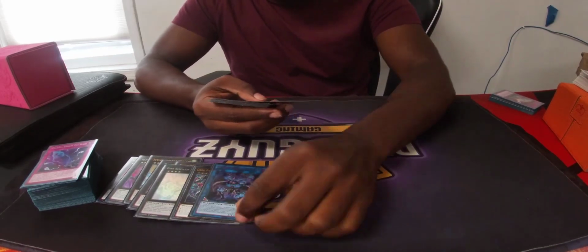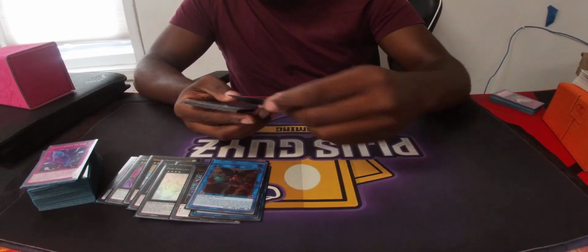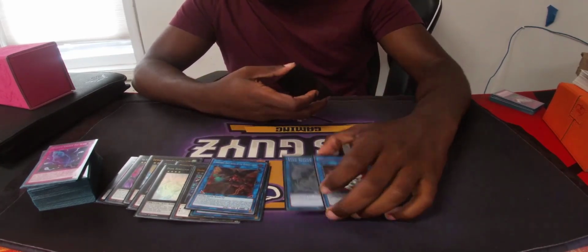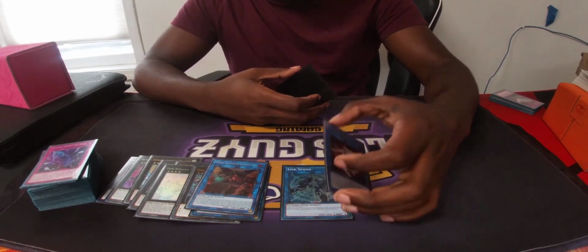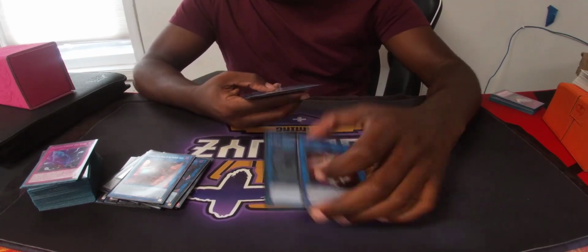Rusty, Cherubini, Link Spider, and Amirage went out Brick, which didn't happen too often. It honestly only happened my last 3 games, and those are the games I lost. So these cards,